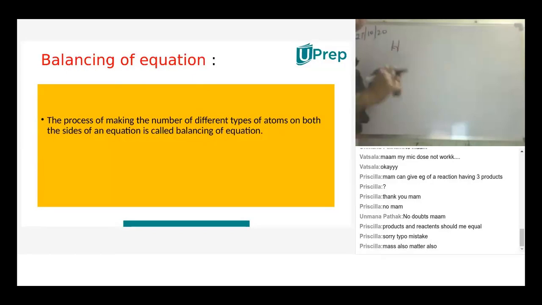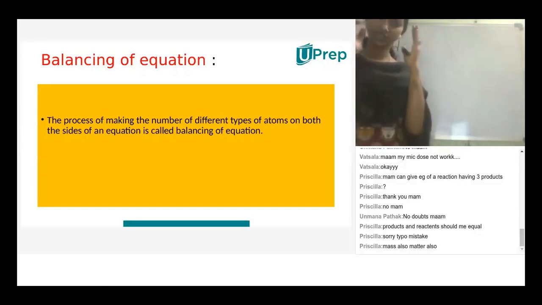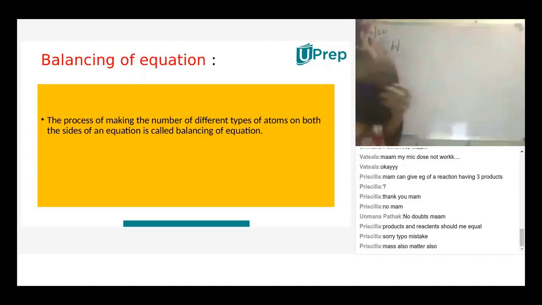Ma'am, I'm saying that the law of conservation of mass and law of conservation of matter also implies. Yes, law of conservation of matter in the sense within the mass. Matter here, reactants and products are considered as matter. According to the law of conservation of mass, energy neither can be created nor destroyed during the chemical equation. What do you mean by law of conservation of mass? Mass neither can be created nor destroyed. Understood? There is no creation of new mass or destruction of mass.